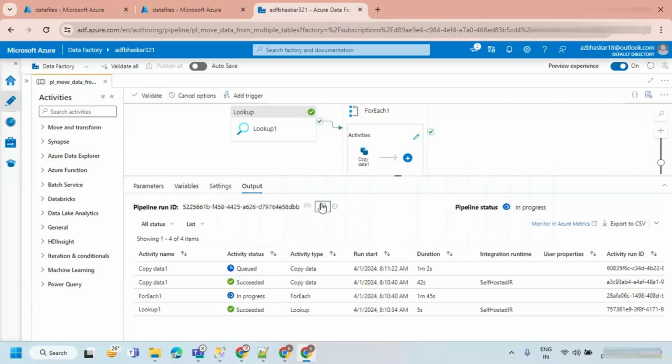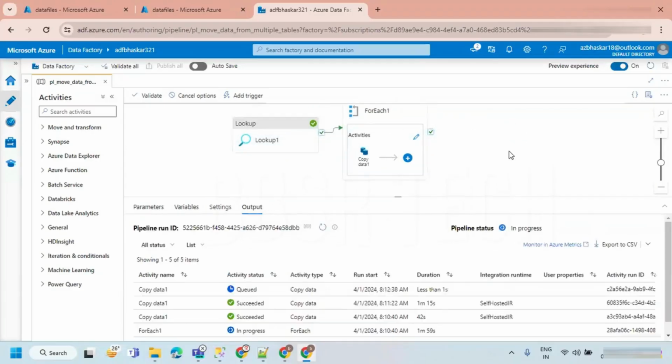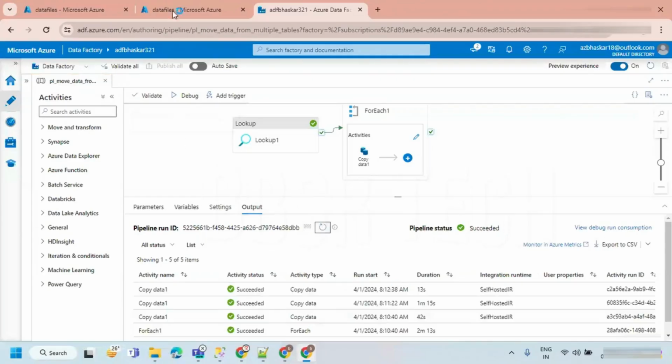Why is it taking this much time? Second copy is completed. Okay, now if you see your target,